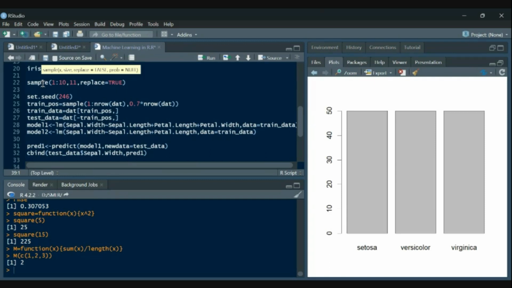So for that, we need to create a function which gives us RMSE first of all.